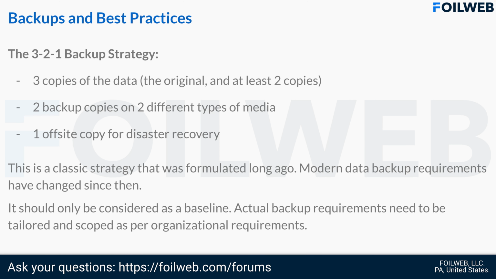The 3-2-1 backup strategy states that you should have 3 copies of your data, number 1 being your production data, and 2 backup copies on 2 different types of media, with 1 copy off-site for disaster recovery. Off-site backups should be on completely different or isolated networks to help prevent the adversary from encrypting the backup copies. The 3-2-1 backup strategy is not a hard rule, though. As stated, the backup strategies of your organization should be dictated by the requirements and risk tolerance levels as laid down by the senior management. I want to say this once again, though. Regular off-site backups are extremely important.